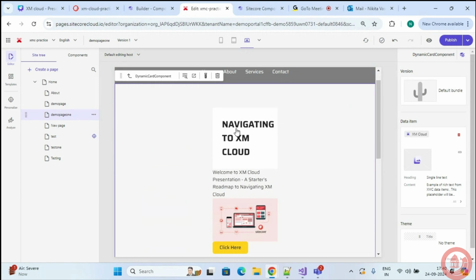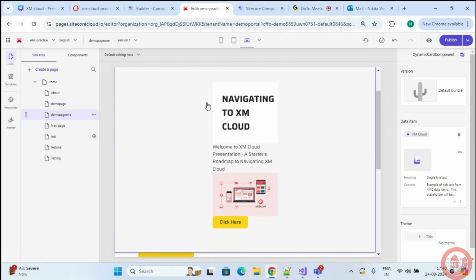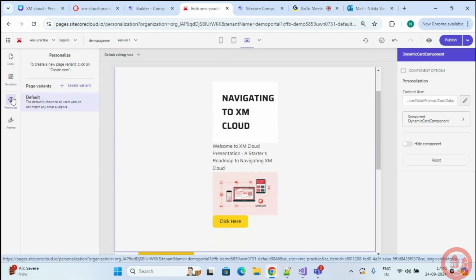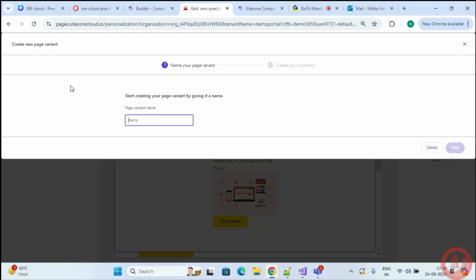Over here I need to create my audience. I can add conditions. We have a lot of out of the box conditions that we get from XM Cloud, or if we want, we can create our custom conditions also. I'll select one country condition. I'll click on the plus icon. So if the visitor is in India during the current visit, and I'll save this.